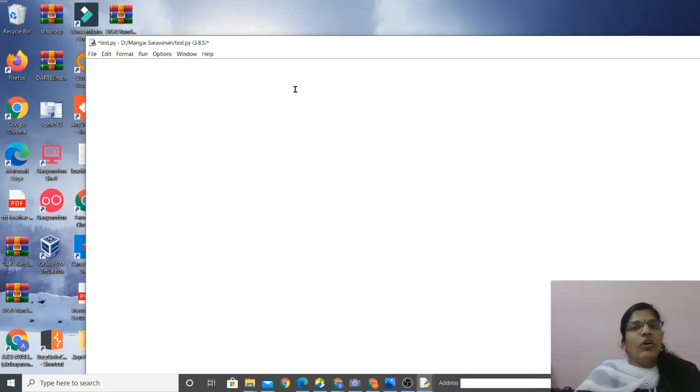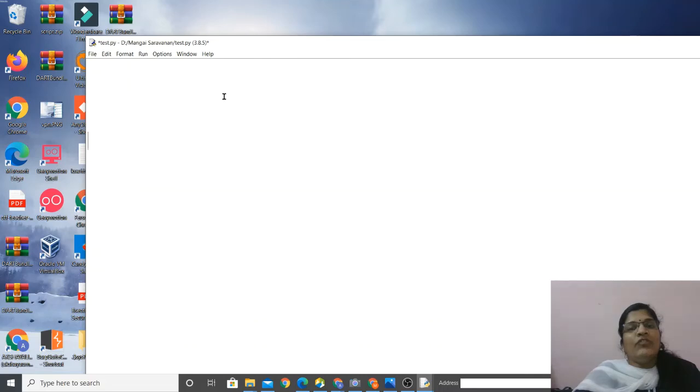So the for loop is an iteration loop. We are going to study how to use it. While using the for loop, we have to specify the range. If I want to display the numbers from 0 to 5, for example, let us take numbers from 0 to 5.